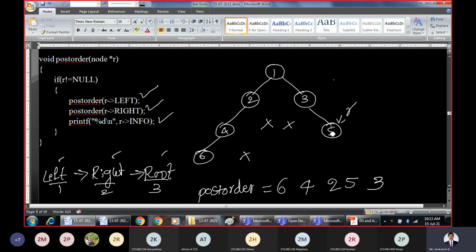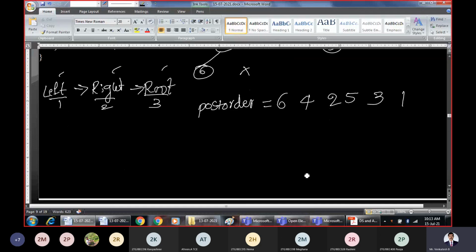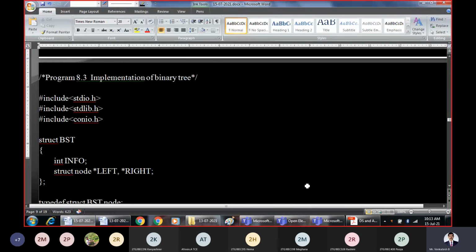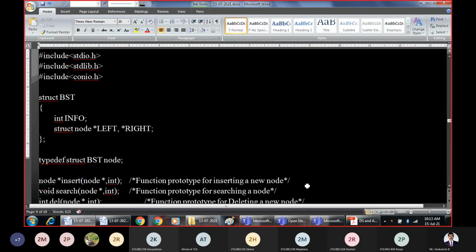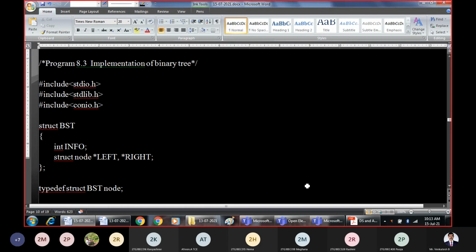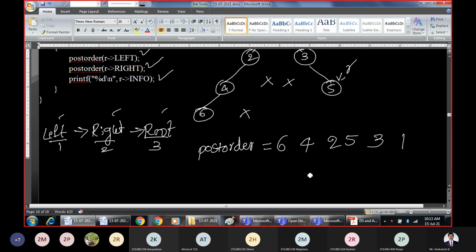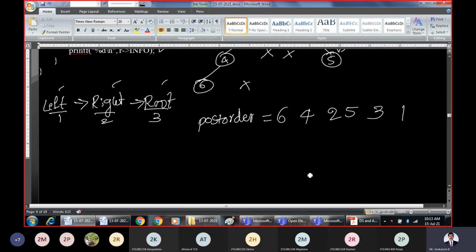Now after processing the entire right subtree, go one level up. For node 1, what is over now? The entire left subtree is processed. Then the entire right subtree is processed. What do you have to do? At the end, you have to print the root value. This is the simple example, that is the post order traversal for the given binary tree. Alright. So this is the traversal for the given binary tree.